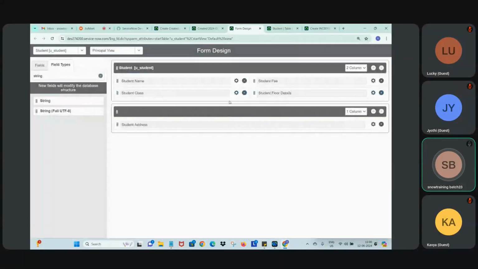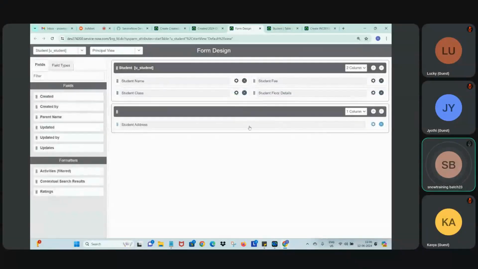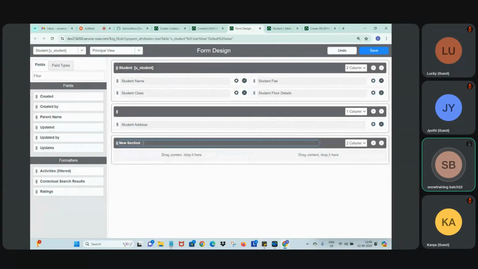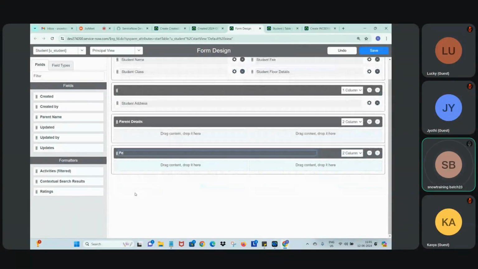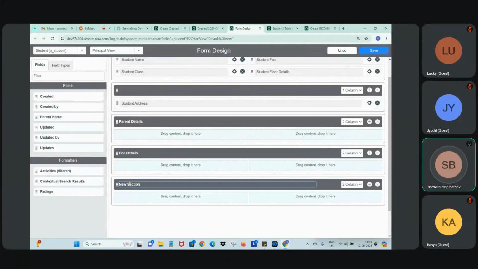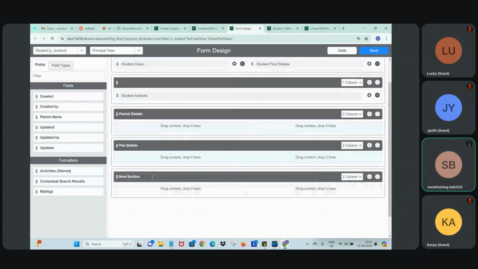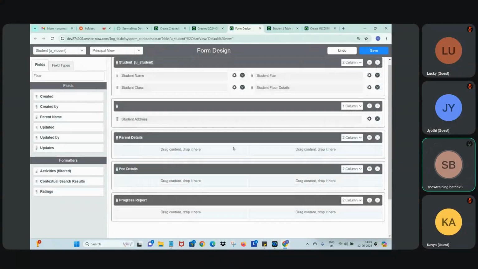Maybe I would like to create a form section. How I'll create it, I can simply click on this plus button. A new form section will be created. Maybe I want the parent details here in one section. I want fee details in one section. I want student progress report details in one section. Because I'm the principal, I need to get all these